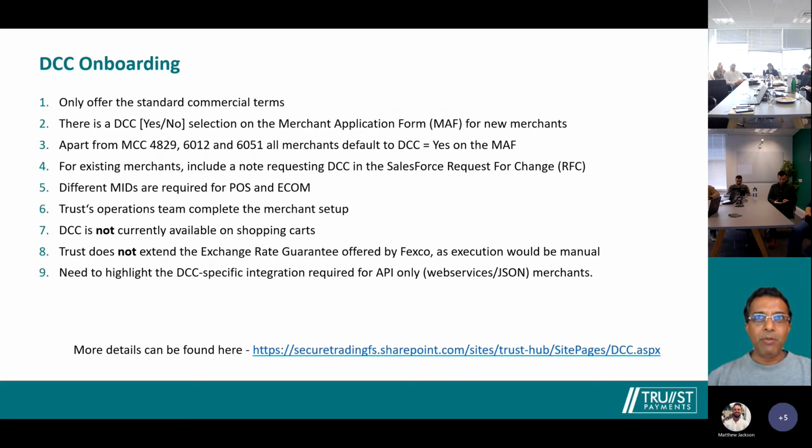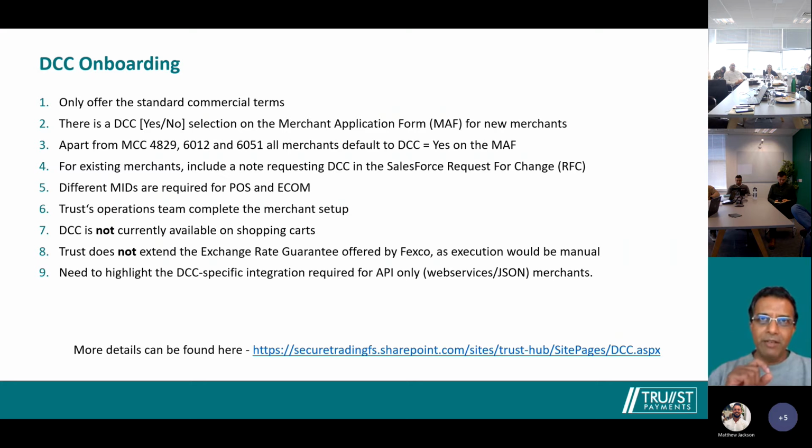Now, there's a couple of points I need to make, right? One is it's available on our point of sale devices. Again, the merchant doesn't have to do anything, and it's available on our payment pages. But it's not available on the shopping carts. There's a long history to that, and it's a complex build, so it's not yet available on any of the shopping carts. Additionally, if a merchant is not using our payment pages, and I can go into this in more detail if we have time,